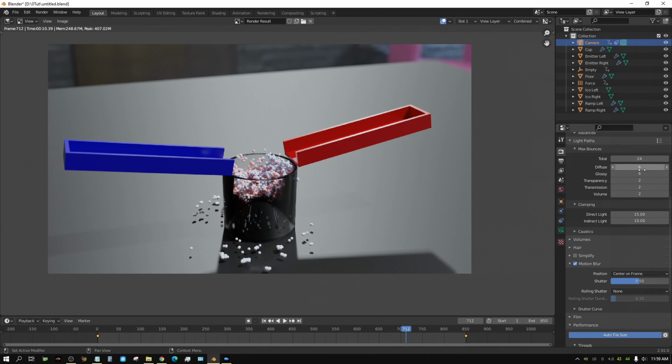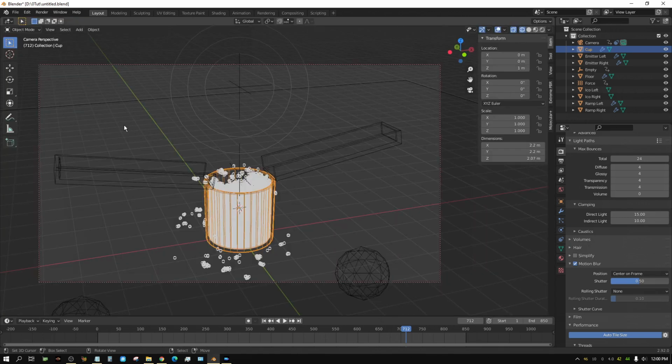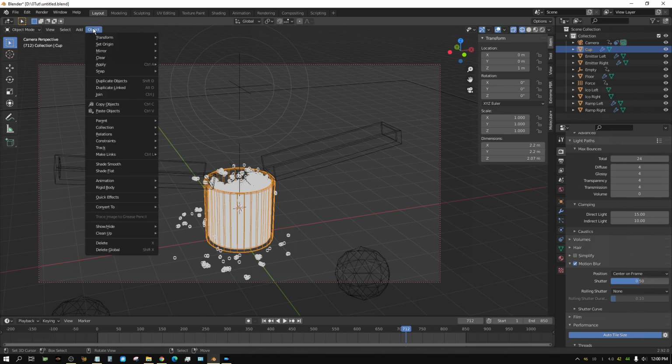look better. Alright, I'm going to change over here on the render properties. I'm going to change these to 4, all the 6s to 4, and then the 2s to 4 also, or at least those. And then this one I'm going to change to 0 since we don't have any volumetrics in this anyway. And I'm going to come over here. I'm going to make sure I select the cup. I'm going to come over here to oh yeah, I got to go back here to 3D viewport, and then go to object, and then